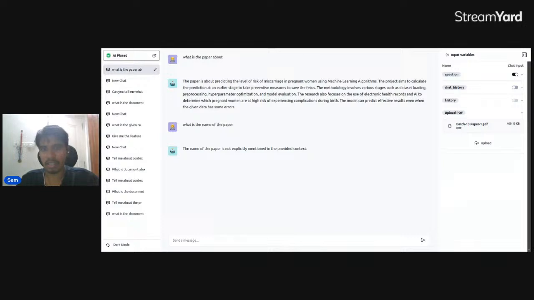So you can see what the paper was about. Okay, so these were the questions, and you can ask about what the retriever was. When I asked what is the name of the paper, you can see what was given. The name of the paper is here, but it didn't know that it was the name of this paper. Which means you have to tweak your prompt, or you have to tweak the retriever